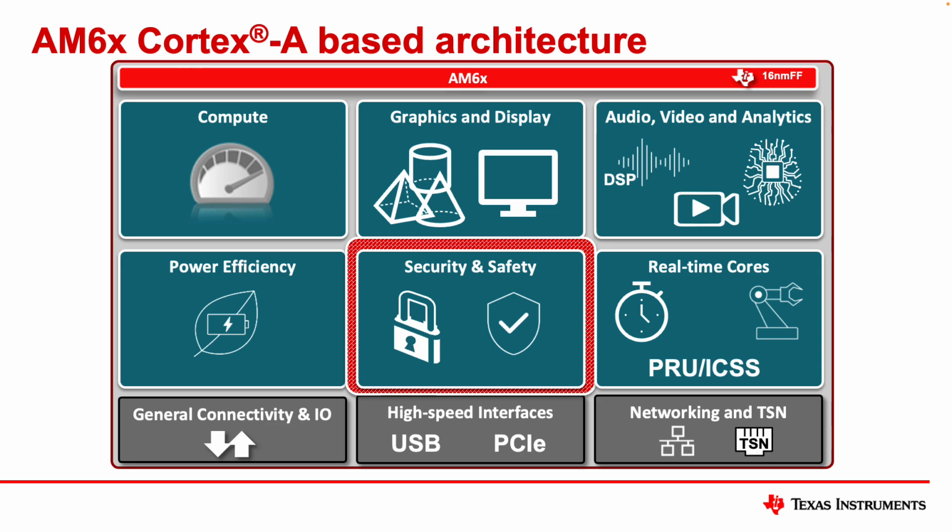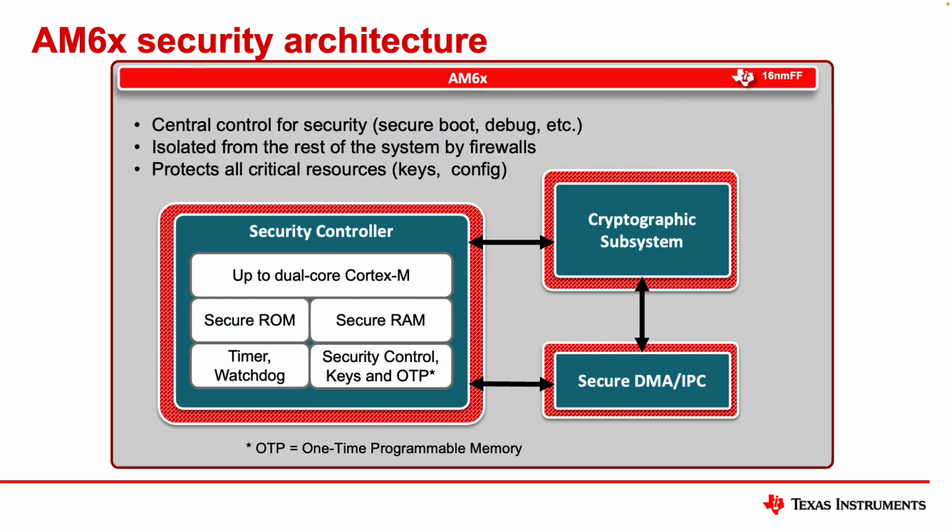Let's zoom in a little bit on what that security architecture looks like. And it's really a separate security controller that's built into the device. This security controller stores all of the secrets, and it does all of the operations, and it does so in a way where it's protected from the rest of the system. So if you're running a Linux-based device, for example, you don't want a rogue Linux process being able to get access to your secrets. So you put those in a security controller, and the architecture of the device using firewalls and other capabilities will make sure that the Linux application does not have access to this information.